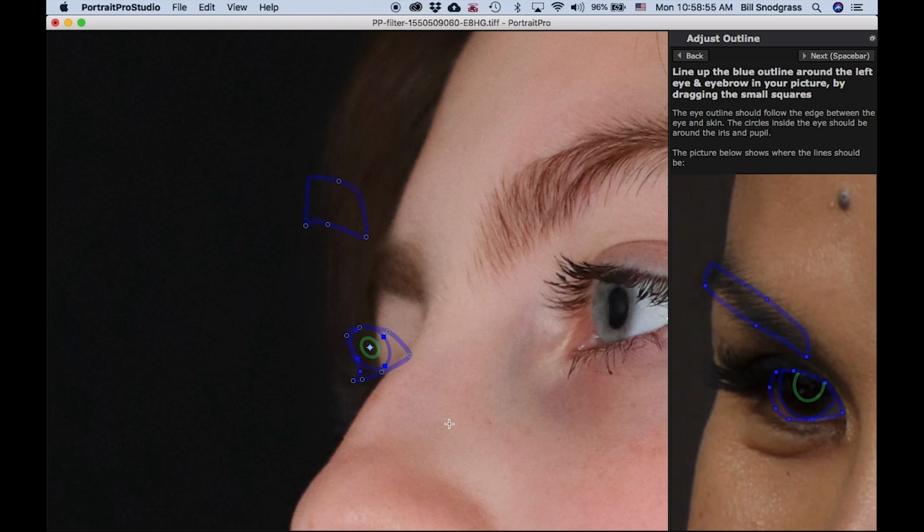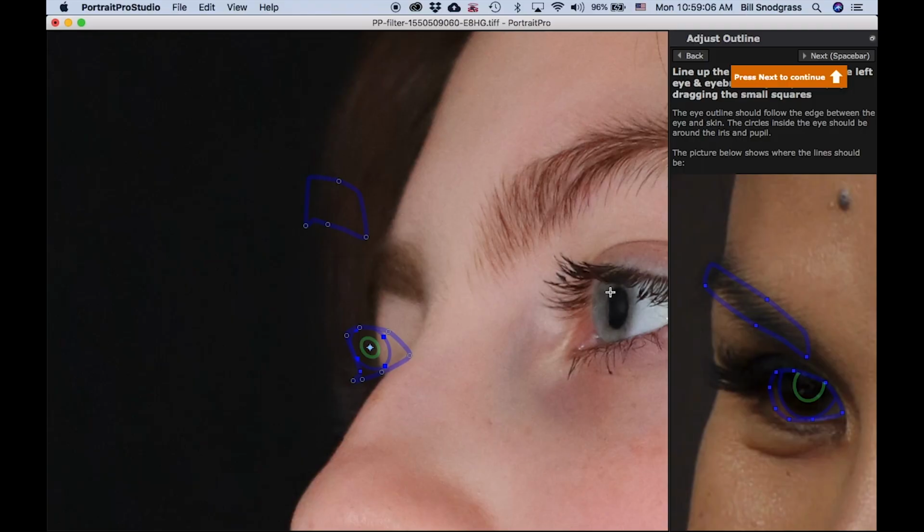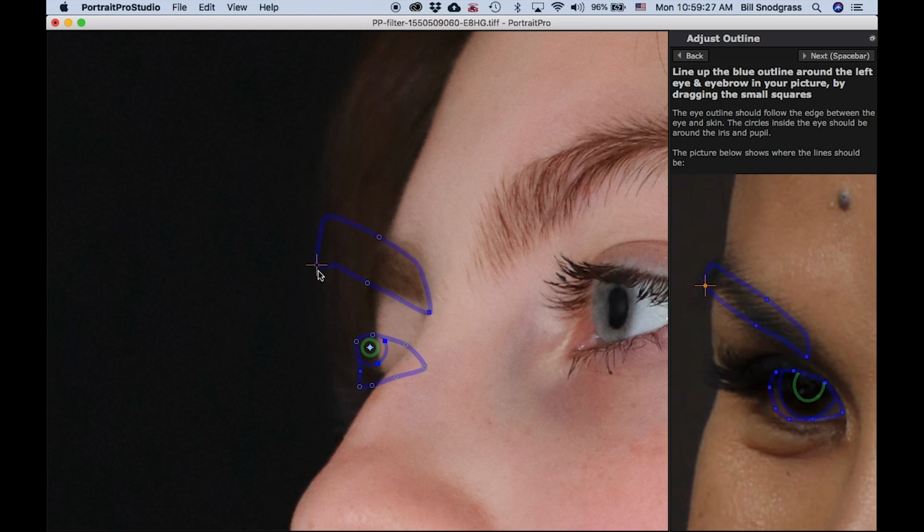Line up the blue outline. That's the eyebrow. Moving these lines